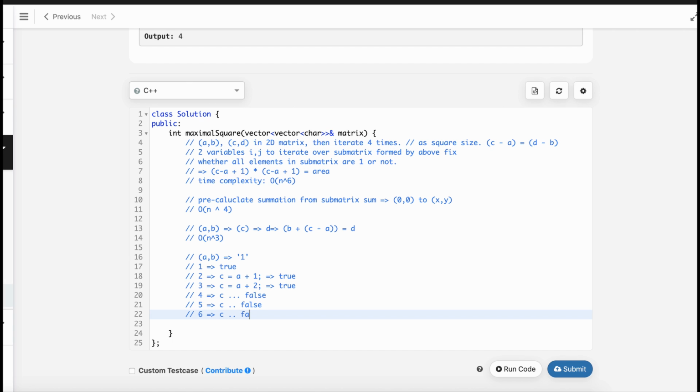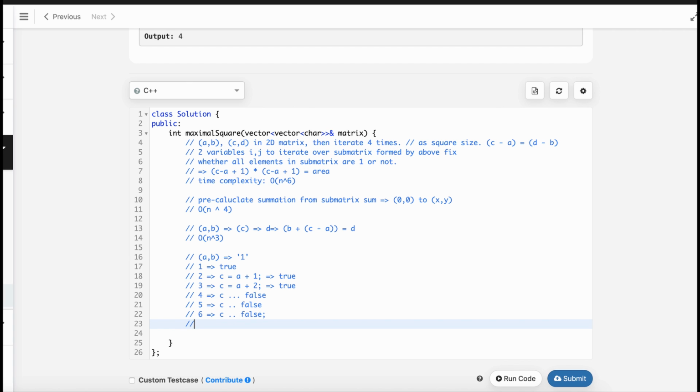And if size 4 is false, then whatever the bigger sizes like 5, 6, all other bigger sizes will be false. And we can definitely do a binary search over here to fix the C and find the maximum possible C which is true. So basically we'll do a binary search over the length. So this is binary search over length of square,